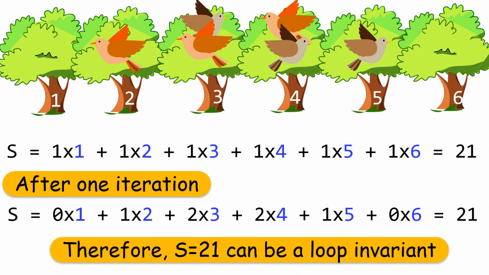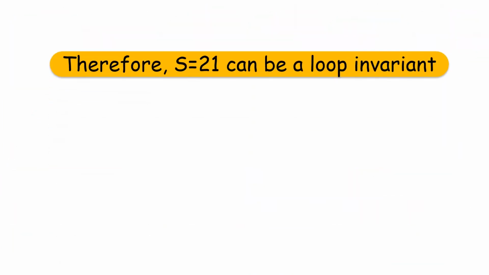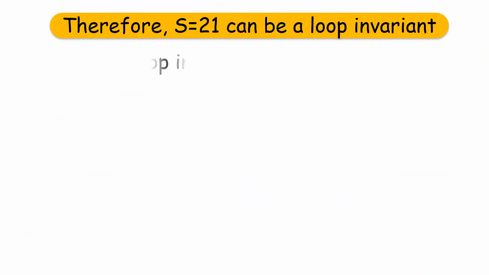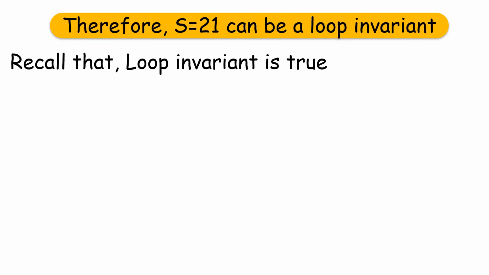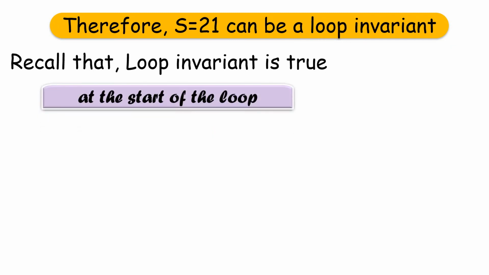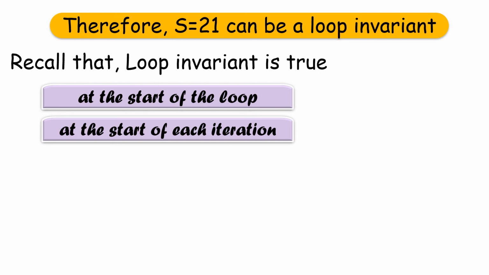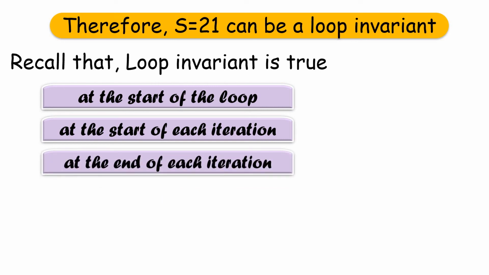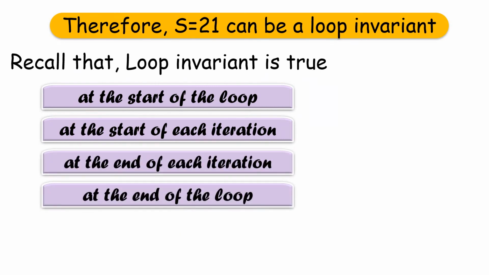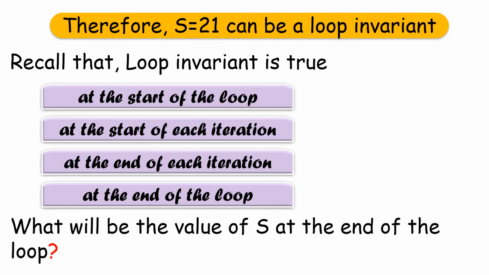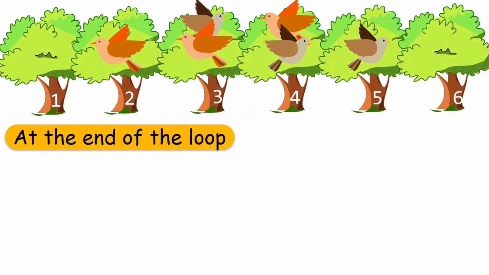Therefore, S is equal to 21 can be a loop invariant. Recall that the loop invariant is true at the start of the loop, at the start of each iteration, at the end of each iteration, and at the end of the loop. What will be the value of S at the end of the loop? We want to find out whether it is possible for all the sparrows to gather on one tree. Therefore, at the end of the loop,